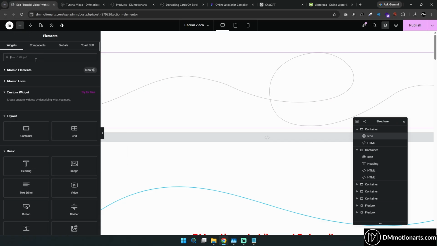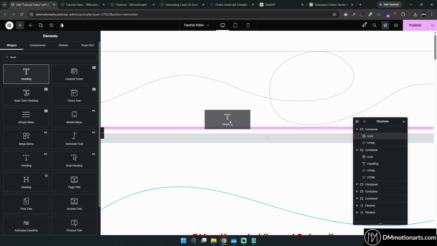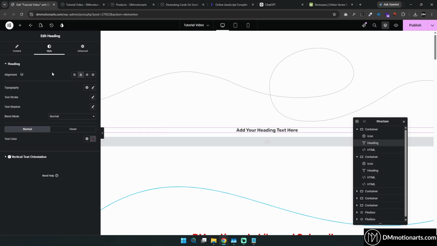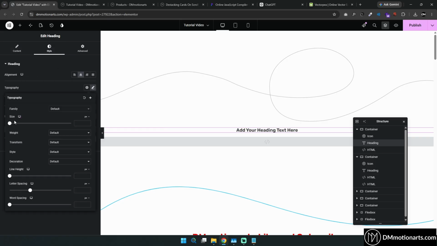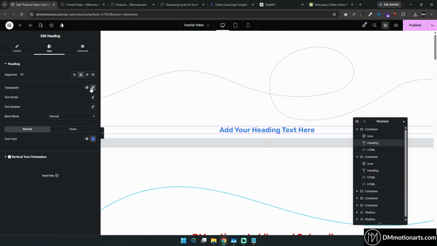Next thing is to use a heading widget. Again, the old version, version 3, not the new version, not this atomic element one. And add your text, and you could obviously style it however you want, whatever font you want. Okay, let's do blue and all that stuff. Now the next step